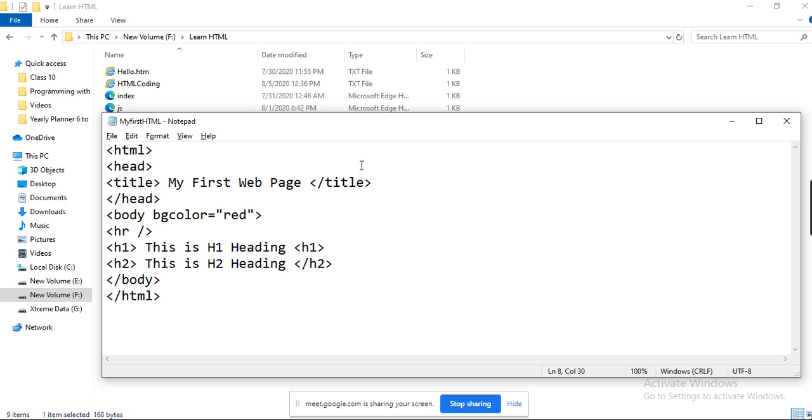Okay, and for color purposes we have an attribute for font color. So this attribute I have set for the font of H2.